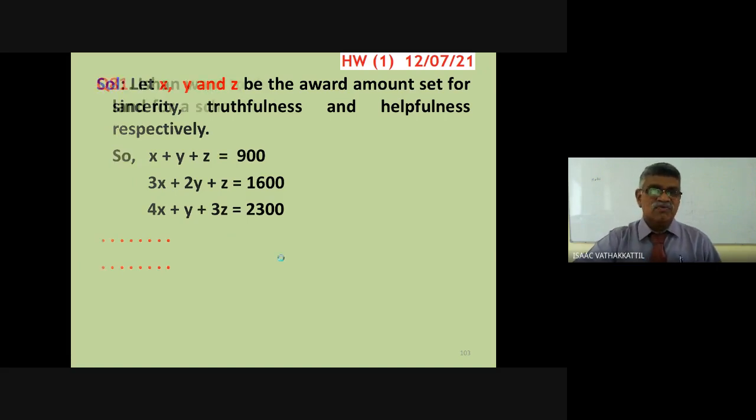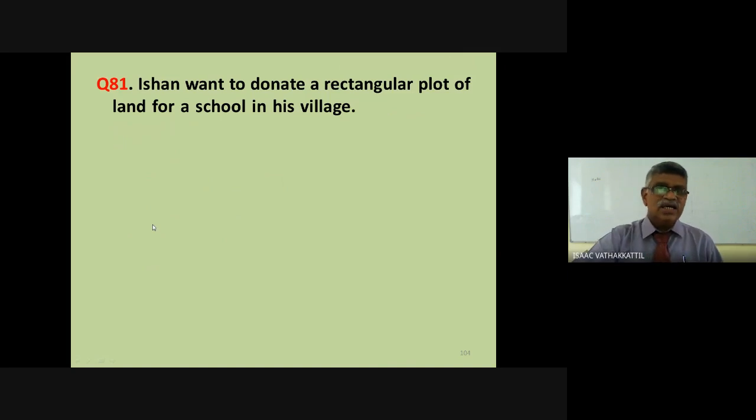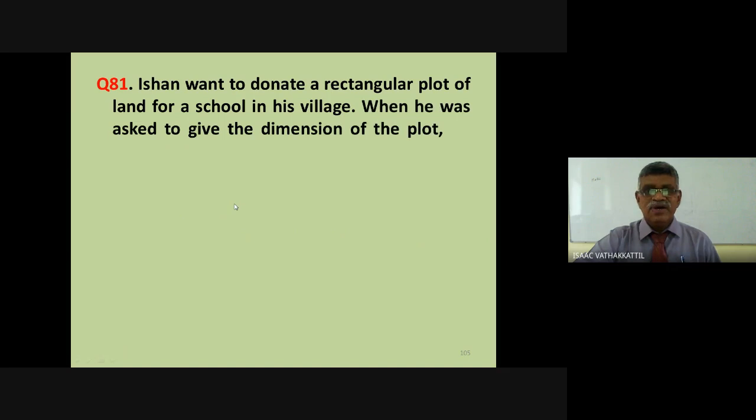By now, let us go for another question. Ishan wants to donate a rectangular plot of land for a school in a village. Well, when he was asked to give the dimensions of the plot,